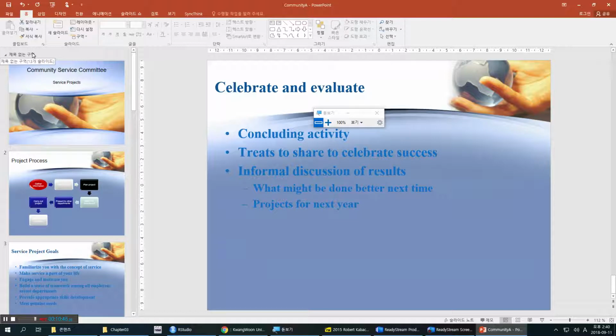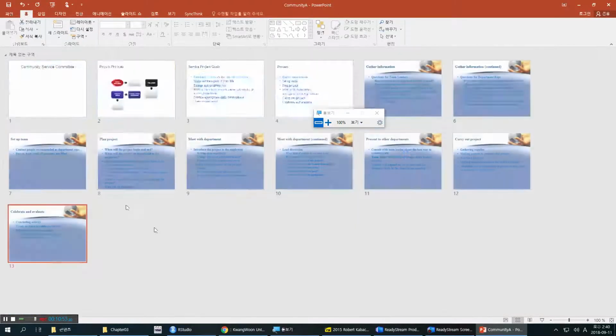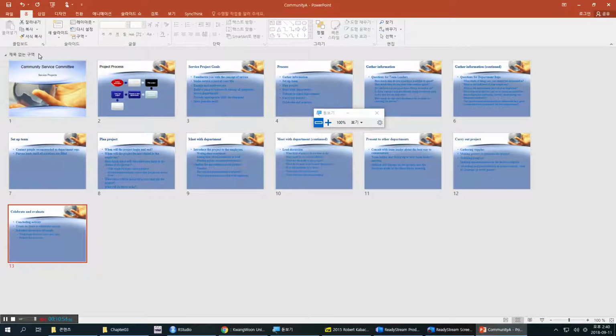That's it. So switch to slide sorter view, and then here look at the slides so that all of the 13 you can get on your display, and click number 4,